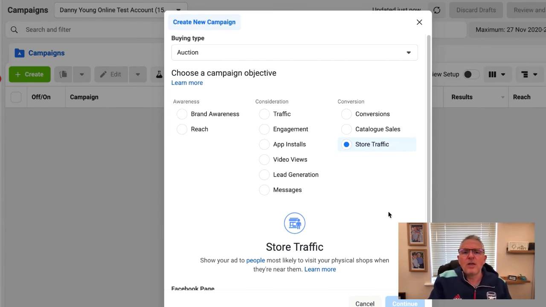So those are the 11 different campaign objectives that you can choose when you are setting up your Facebook ad campaigns. And I think the most important takeaway from this is that you must choose the right objective to achieve the results and the goals that you want from your campaign. If you choose the wrong objective, it's very unlikely that you're going to get the results that you want, and then you might start to fall into that kind of territory of, Facebook ads don't work, or they really, really do, because this is how Facebook have built their business. It's their single biggest revenue stream, and this is a really important part of getting your ads set up